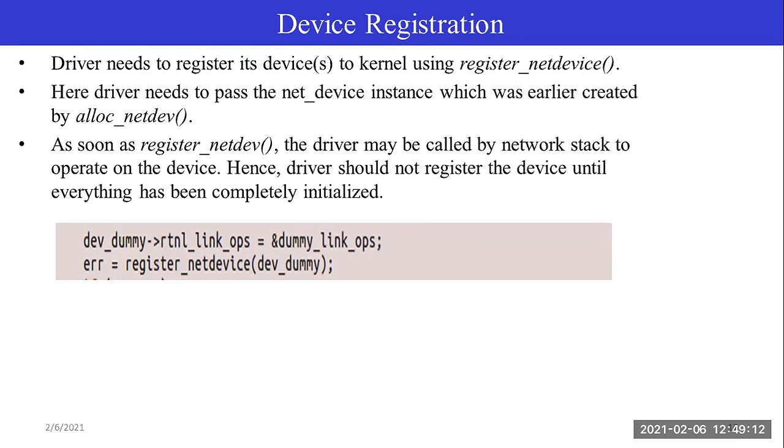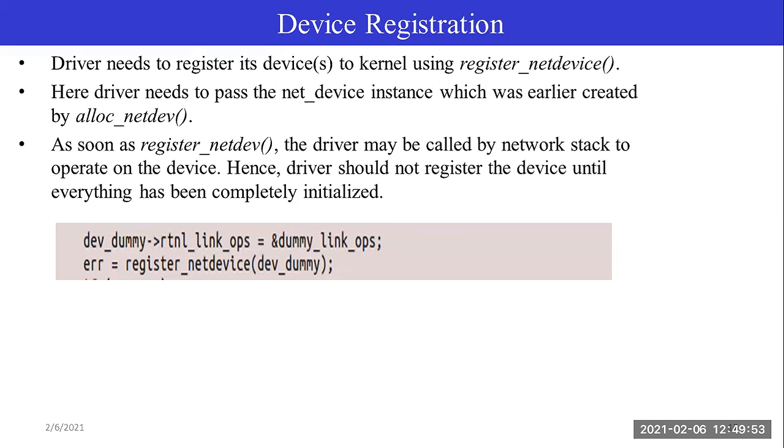So a driver may have multiple interfaces. Again, if you are running Wi-Fi, then nowadays there are at least two interfaces, one for 2.4 gigahertz and the other for 5 gigahertz. But the underlying device driver is only one. Only one instance of the Wi-Fi driver is running, which is handling both interfaces. So a network driver may have multiple interfaces, but the reverse is not true. One network interface cannot belong to multiple network devices. That cannot happen.